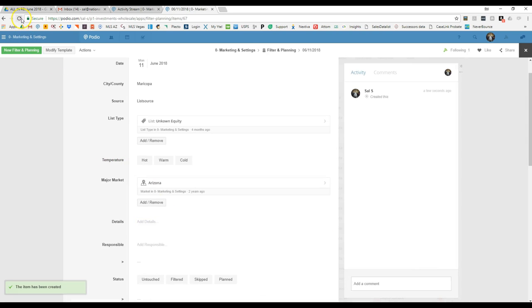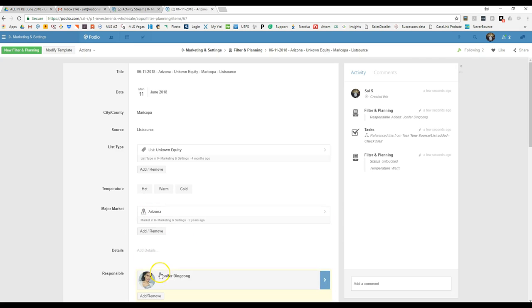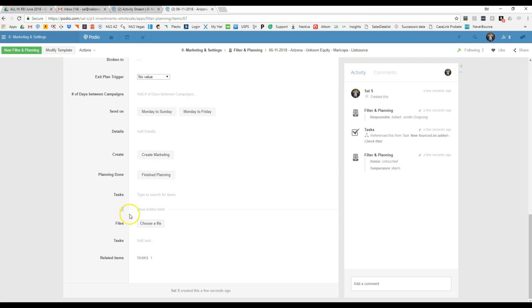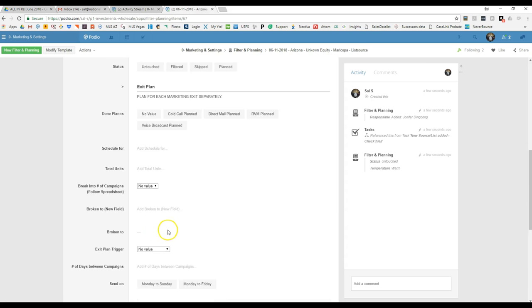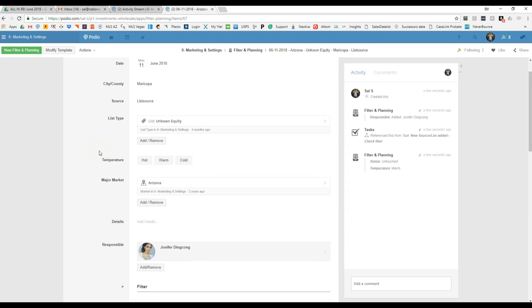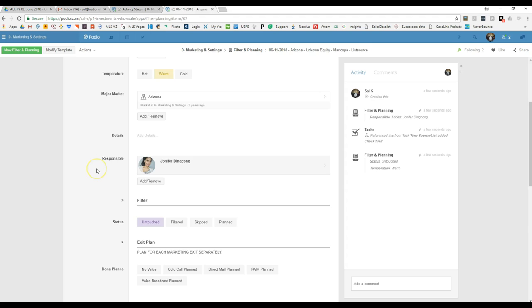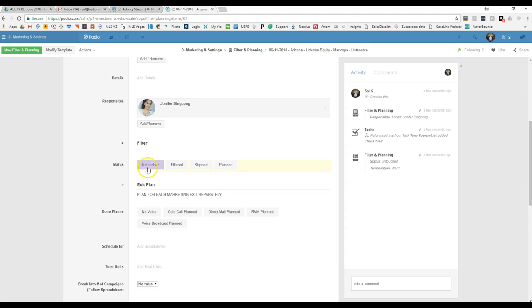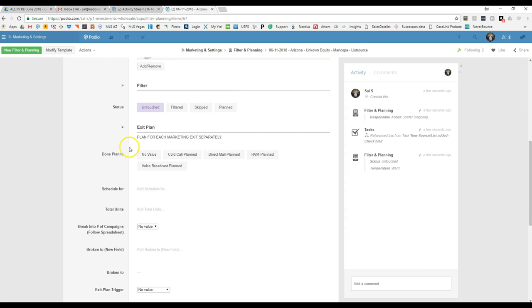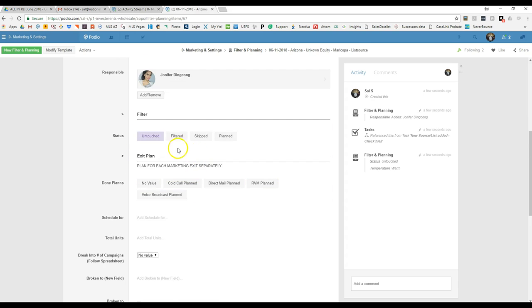You wait a few seconds, and I refresh because it'll pull up. It'll create a task for our VA that she needs to filter that list. Of course, we would be attaching that list in here, and it'll tag the temperature on its own. But here, let's refresh. It should do it. There we go. And now its filtering is untouched, and then once she filters it, using the macros that I provided you guys, and after that she skip traces it,